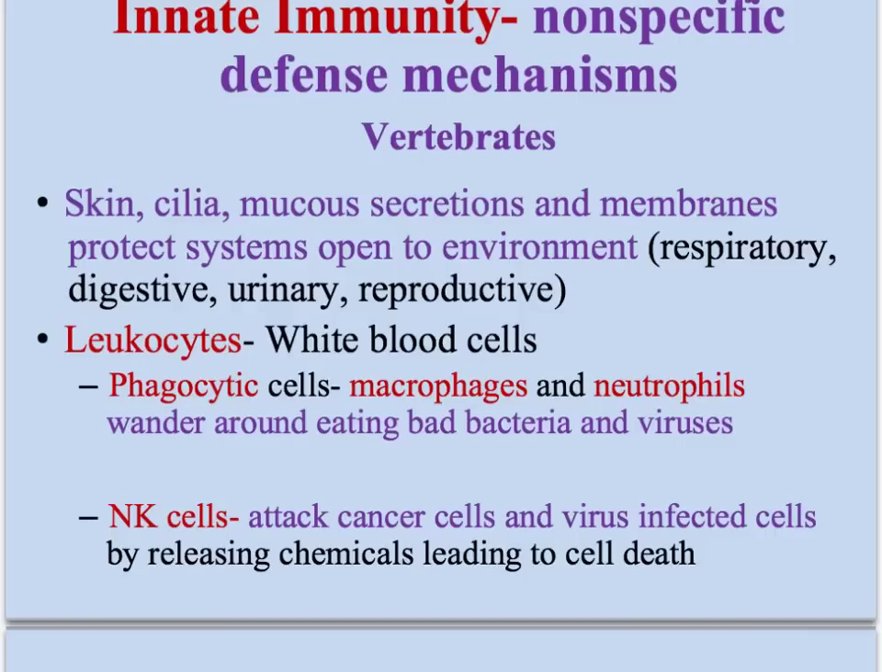Okay, so innate immunity, non-specific defense mechanisms, again, and now we're going to talk about vertebrates. That's us. We have backbones. This is us, mammals, all of these things. So skin, cilia, mucus secretions, membranes, these are all things that protect the different systems of our body that are open to the environment. So like our respiratory system, you breathe in, you breathe out, it's open to the environment. Digestive,